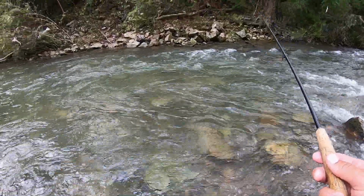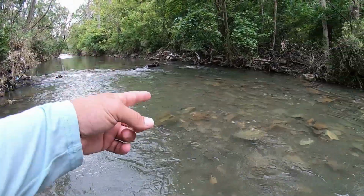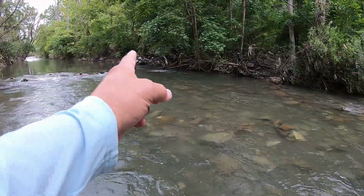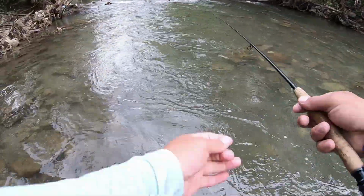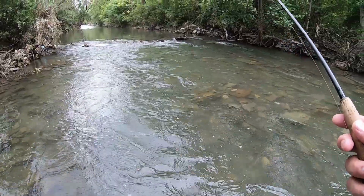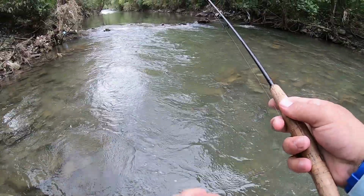They're all in the faster water too. Got a deep pocket here with seam on each side and then down the middle. Slower water here, they're not gonna be sitting in. Then over there under that tree. So I hit the left side of the seam, then I'm gonna hit the right side of the seam. And then I'm gonna come right down the middle with a,